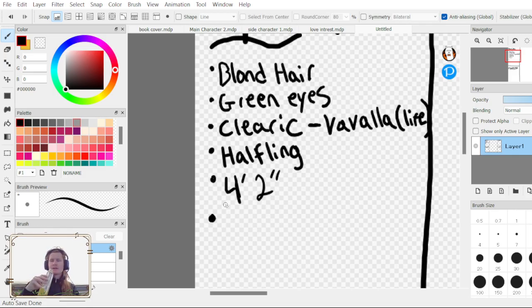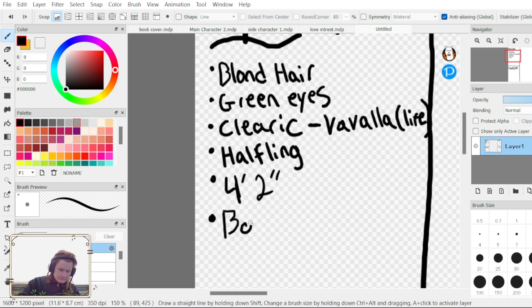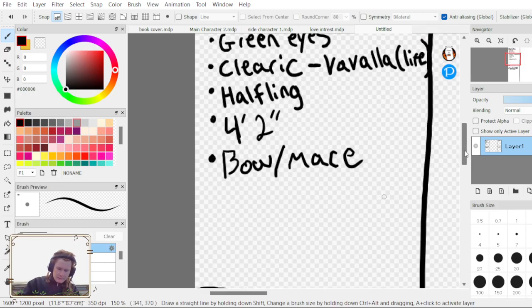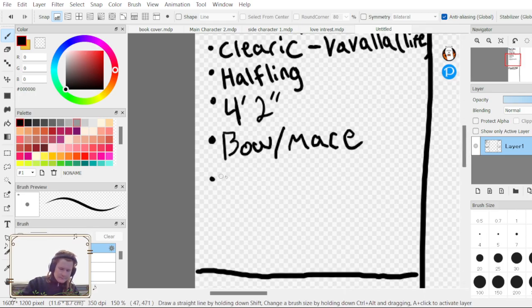So instead of a mid, we could do mid-long range flex. Have a bow and a mace. Let's see, the Life Domain Church.